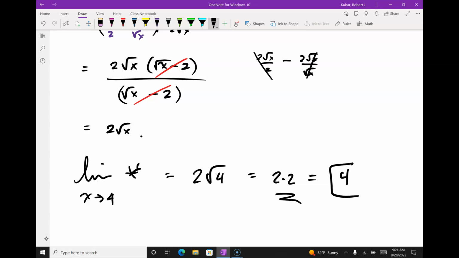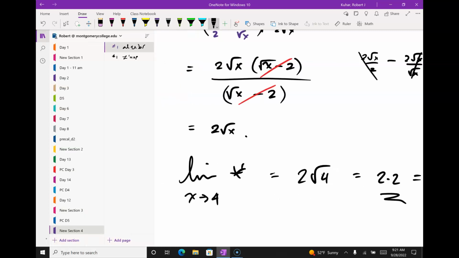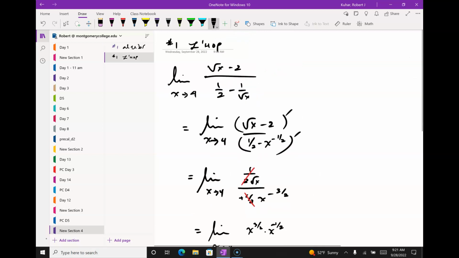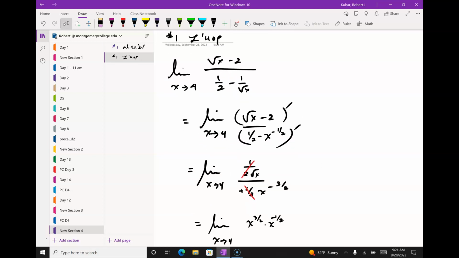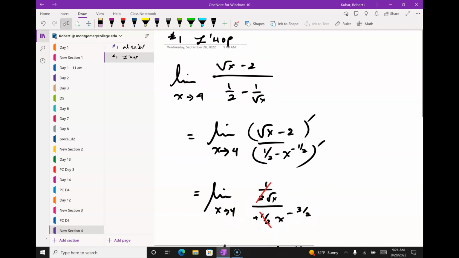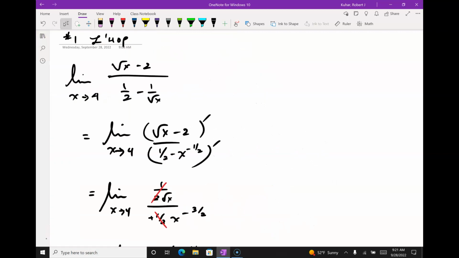And you've probably already checked it on Desmos. I would do it numerically right away, just to know what I should be getting. And it might give me a hint at what I have to do, right? The second problem, it's still listed as number 1 on the test, but it's 2 problems to do that same limit using L'Hopital's rule. So L'Hopital's rule says if I do a limit and get 0 over 0, that's an